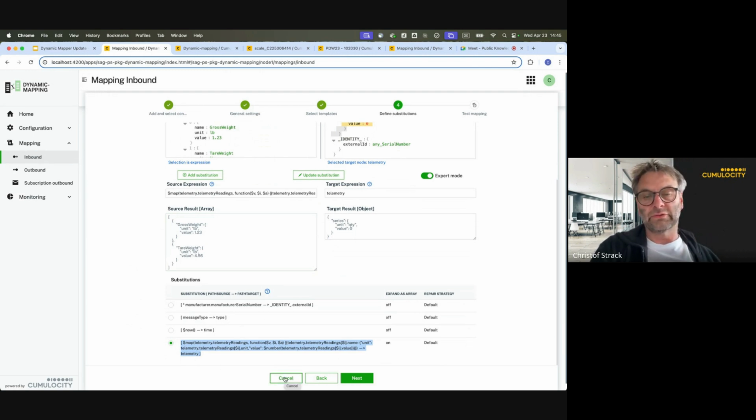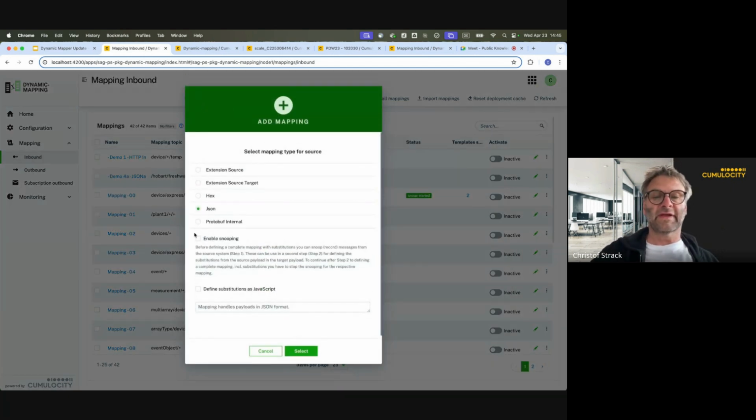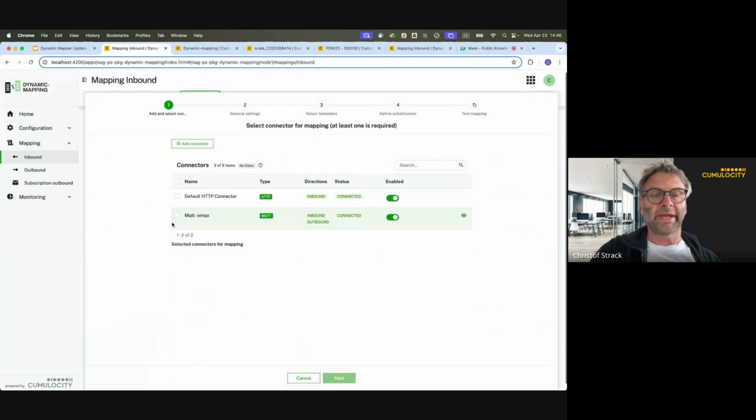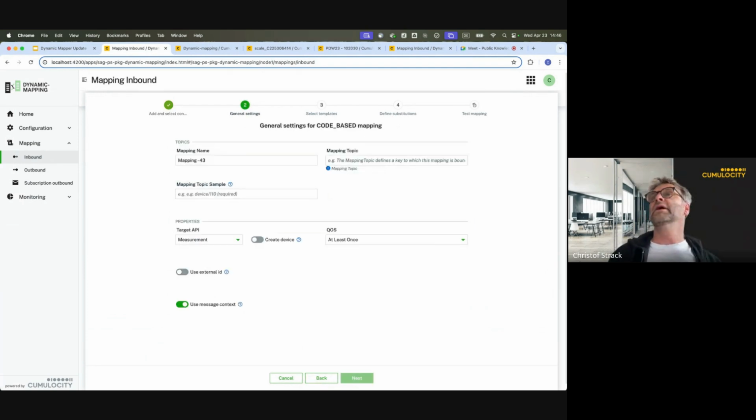So now to do the same sample with a code-based mapping, we start by adding a mapping. In this case, we choose JSON as an incoming payload, and we define the substitution not as JSON data, but we want to define the substitution as JavaScript. So now we pick the incoming connector, which will be our MQTT, and in here we enter some information on the specific name